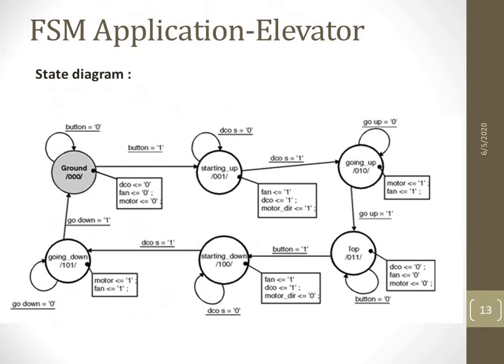So this is how the operation takes place, that is indicated in the state diagram. First in the ground floor, if we want to move, then see that doors are closed, fan is off, light is off, motor is off, because it is not moving. But if we want to move, then it should start up. So when it is starting up, the fan should be on, door should be closed, and then motor should start. So motor starting, we indicate it as 1. Door closing, again we indicate it as 1. And fan is running, we indicate it as 1.